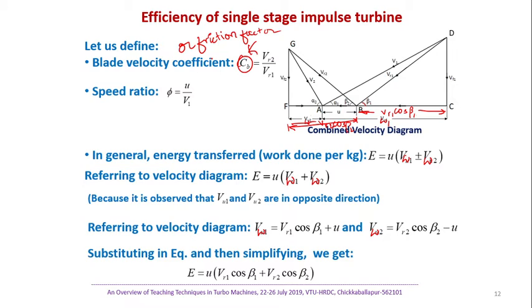Sir, tell me. Sir, why are we confusing C and K? With C, sir? Why are we confusing? What, Jonathan? Why am I replacing K with C? Because in the numericals you will get it as K only.